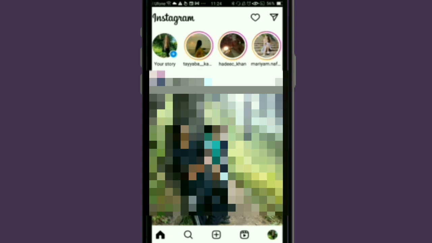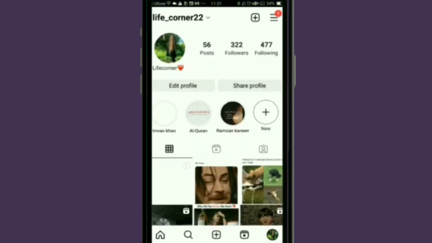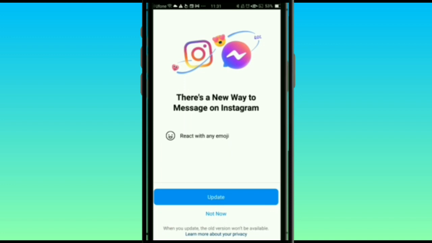If this method still doesn't work for you, what you have to do is you have to log in back to your Instagram app, and once you are there, you have to click on the three dots at the top, and at this menu you have to click on the update messaging option at the bottom. Once you click this option, now you have to click on the update button, and after that you will see